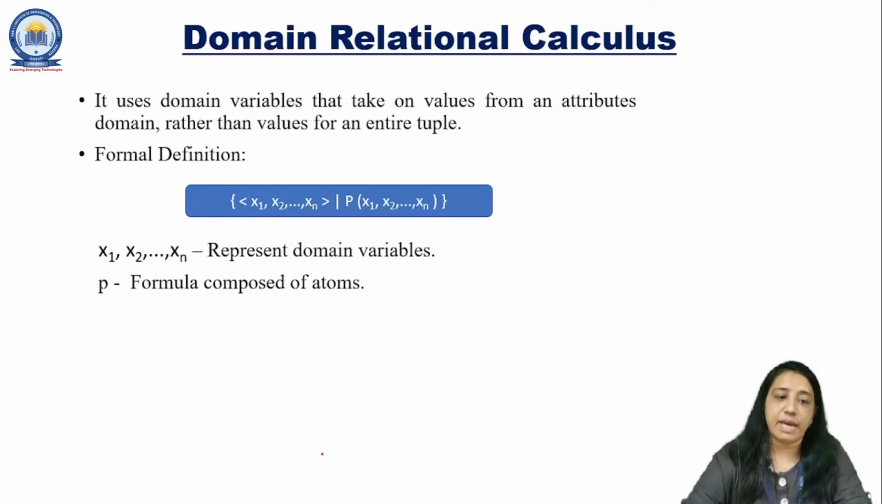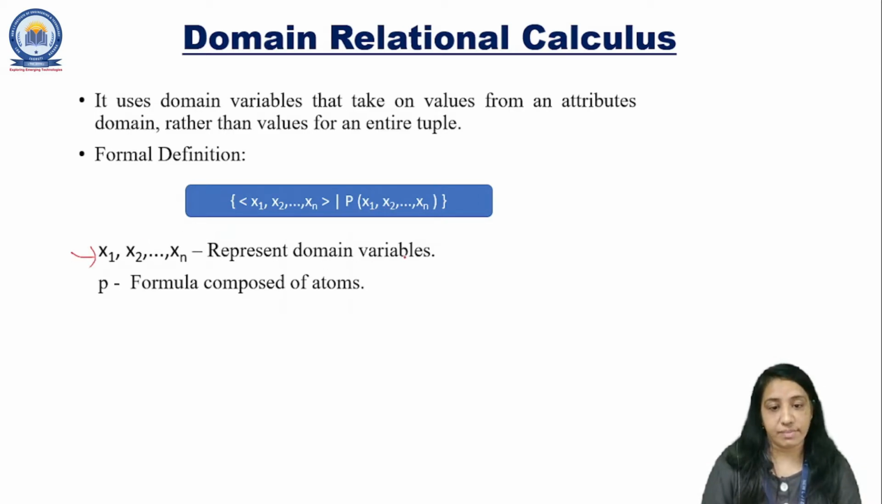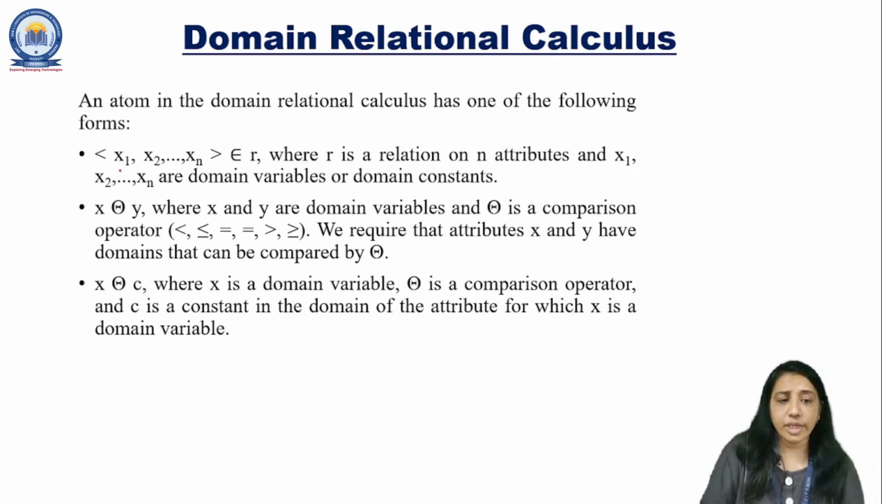So here the definition of this is {X1, X2, X3 ... Xn | P(X1, X2, ..., Xn)}. This represents the domain variables, that means from which particular domain the value of an attribute is going to be taken. And P is the formula composed of atoms. So first we will see how to present an atom, or in which form it is going to be. If we write like this, <x1, x2, ..., xn> belongs to R,